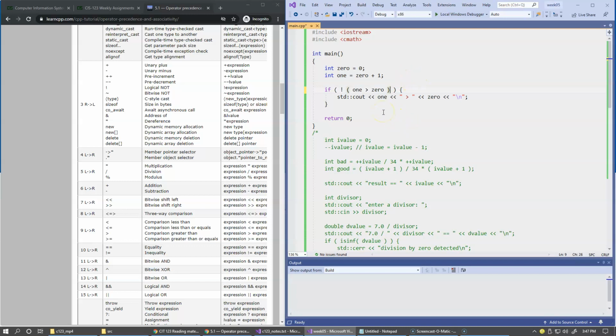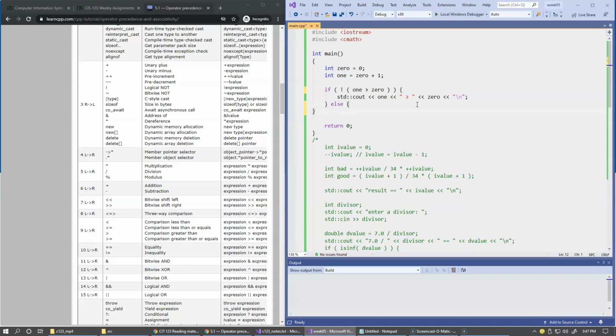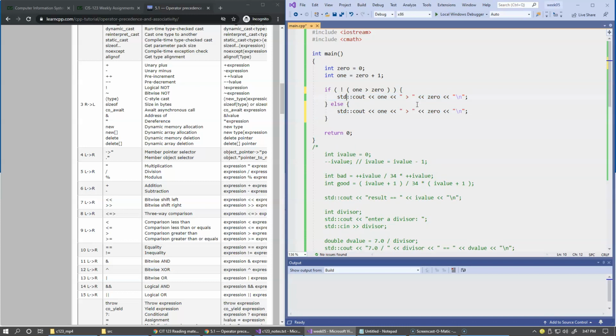Okay, so my idea was not to play with one of the values. My idea was to just check the entire condition, and then based on whether it's true or false, flip the result. So true becomes false and false becomes true. So here, if this works correctly, so if this is not the case, I can just say else, and we could say that, just print this and say that